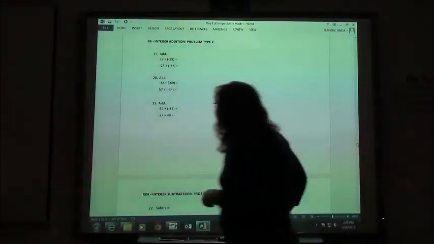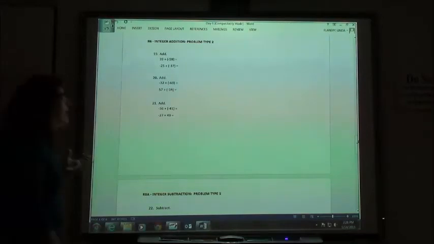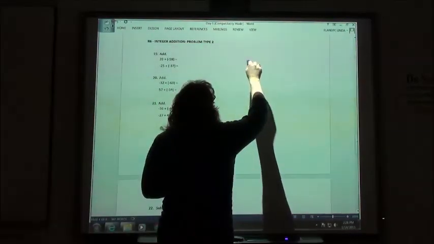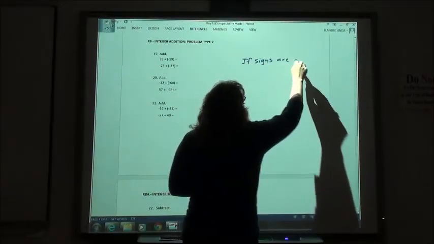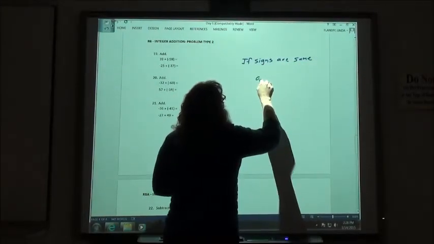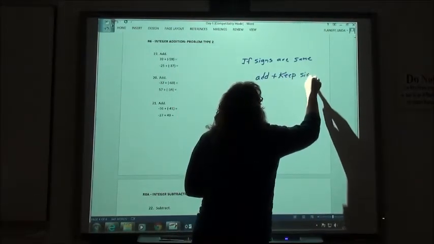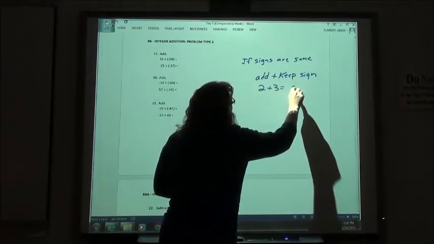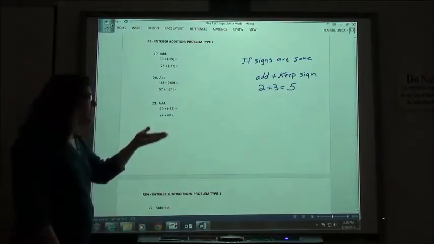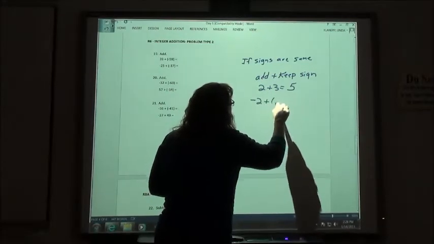Integer addition, this one says problem type 2 just because it has a little bigger numbers. Integer addition, we want to use our rules for adding. Our rules for adding and subtracting say, if my signs are the same, we're going to add and keep the sign. We already know that if I took 2 plus 3, we're going to get 5. Positive plus a positive is still positive. If I take -2 plus a -3,